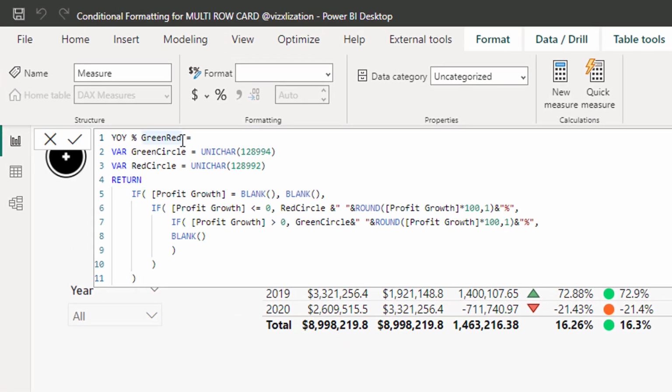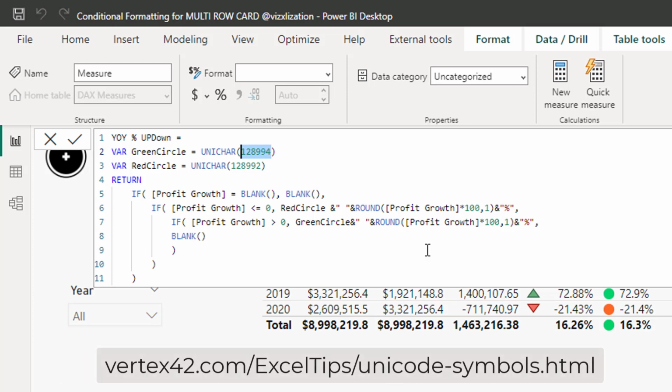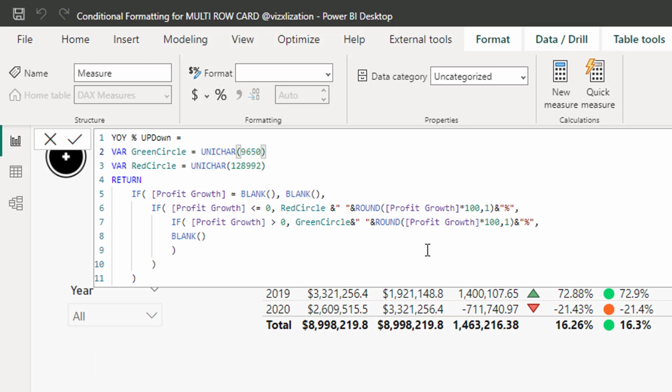and let's rename this measure. So let's call this up, down if you want. It's up to you, okay? So let's call this measure year-over-year percentage growth up, down. And here we need to have the unit chart codes for the up and down arrows. For the up arrow, this should be 9650. And then for the down arrow, this should be,